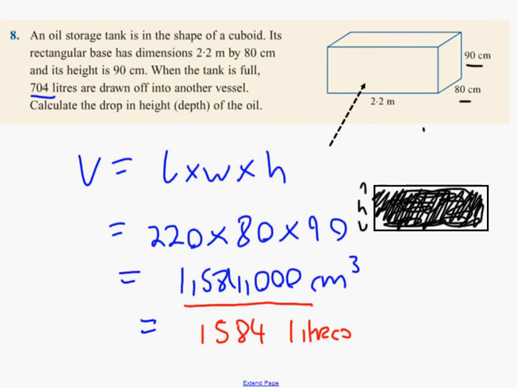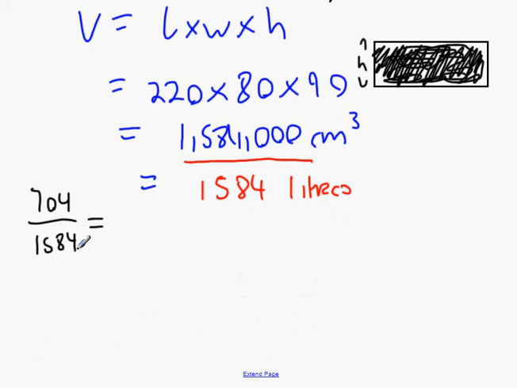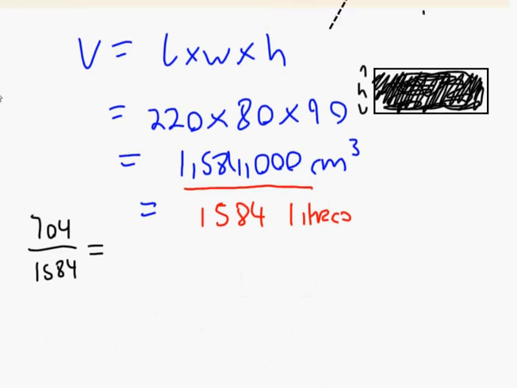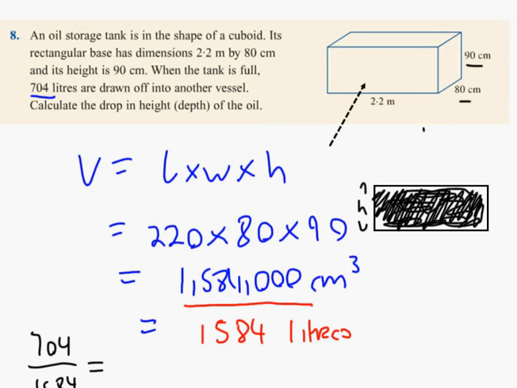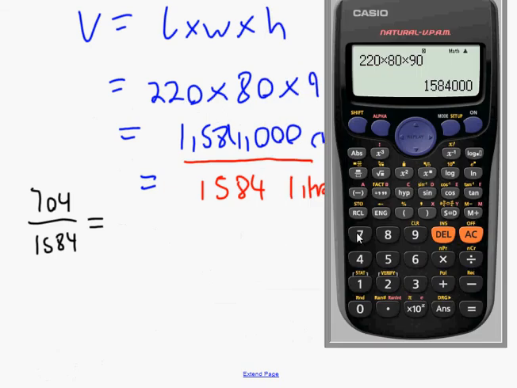Now, I don't pour out half, do I? I pour out 704 out of 1584. Everybody got that? Now, what's 704? If I pour out 704, how much is left? Is it asking how much does it drop by, or what depth is it? Calculate the drop in height. 880. Yeah, you're right. Now, we're calculating the drop in height, so it's 704 divided by